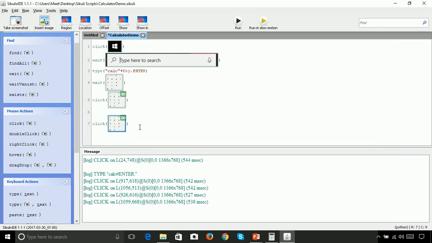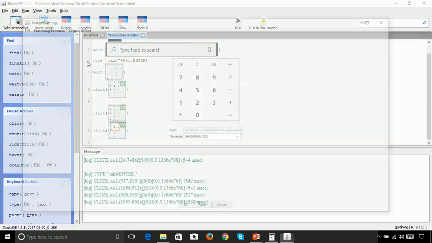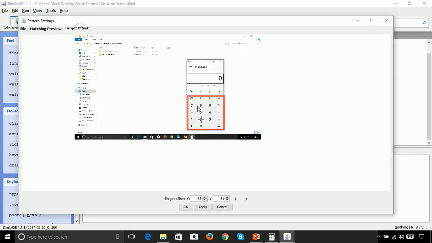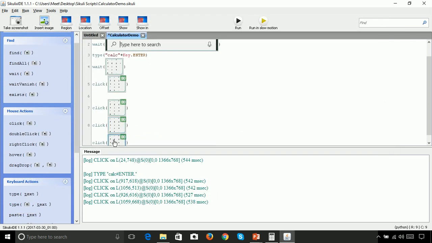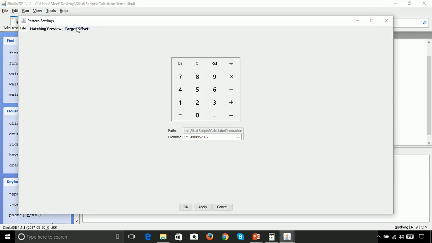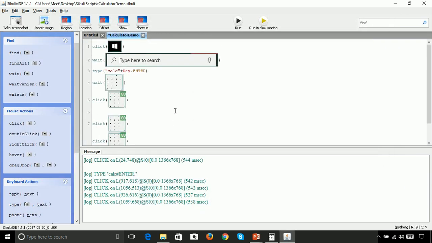After that we want to click on 2 again. It is already 2, let's ensure that once again. So it is 2 only, that is fine. And then we want to click on equal to. So let's click on that and set the target offset to equal to, and then OK. It should be fine.